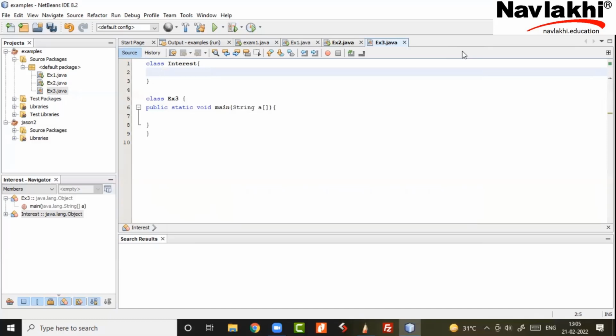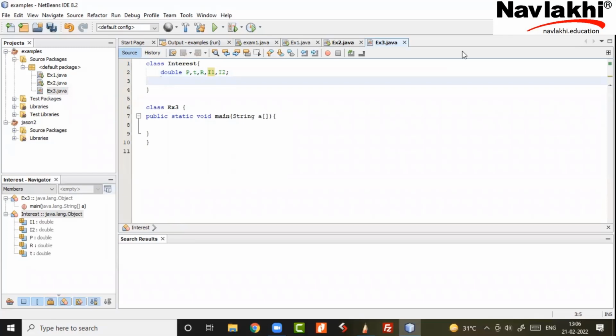Okay, we have to think like that. And third is the actual logic designer, the class in which the entire logic would be there. Logic means input, calculation, and output. As I said, 3-part logic would be there. So how do I approach that? So let us take the 3 functions. So before I do the functions, my variables which I need, P, T, R, I1, I2. Okay, then I have my 3 functions.